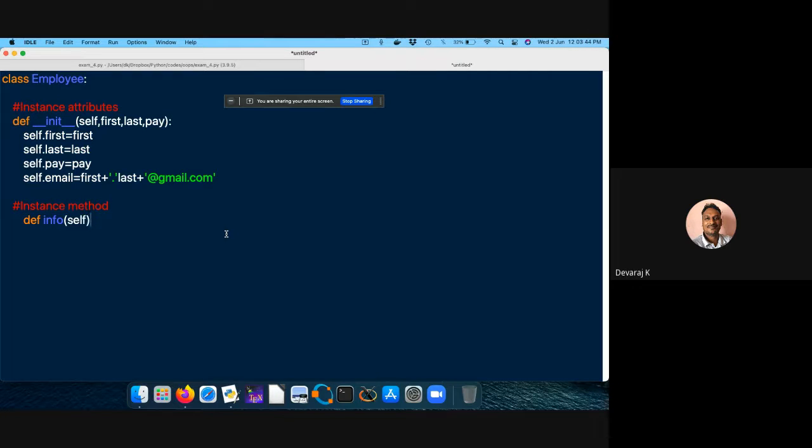self. Okay, and colon. So I need to return it, or I need to print something. We have been using print anyway, no? Let us use the return statement here. Let me return all the things: first name, last name, pay and email ID.